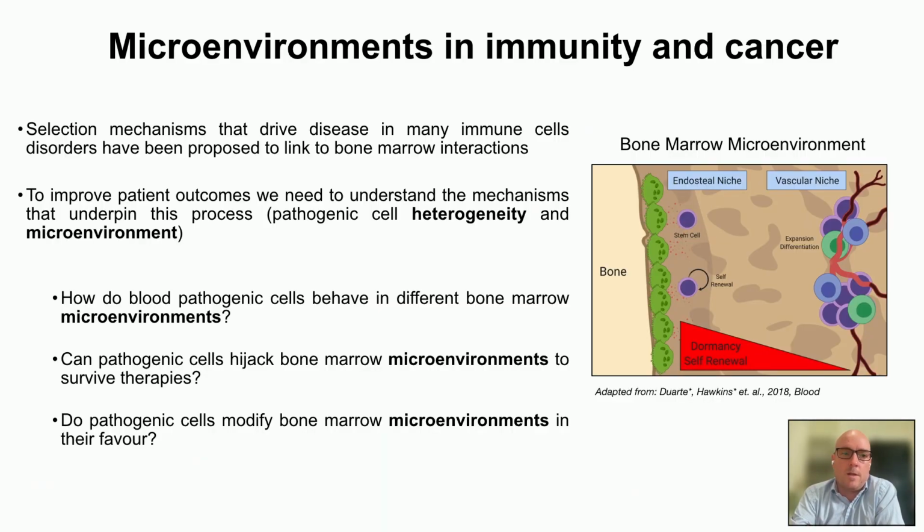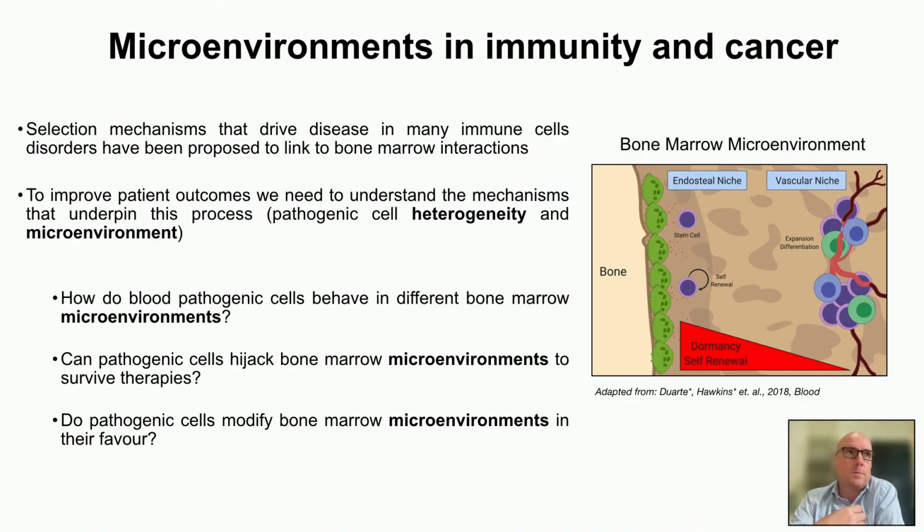The idea is that in the bone marrow, where a lot of your hematopoietic cells live and cells that drive myeloma, these plasma cells, that's where they live, we don't know how they work. We know that we get a range of different fates. Some stem cells will make blood, some will make immune cells. And the idea has been that there's little pockets and little areas, microenvironments, that have a unique composition of factors which drive this process. This has been a really interesting concept in blood cancers that have this intimate relationship with bone marrow, because the idea is maybe they move to these areas and they hijack them and take them over